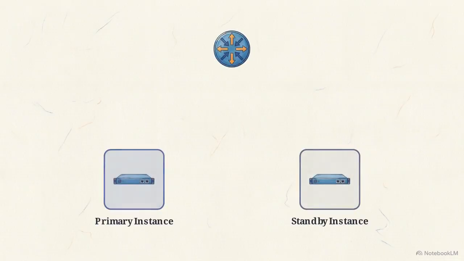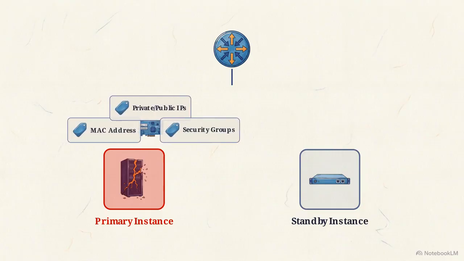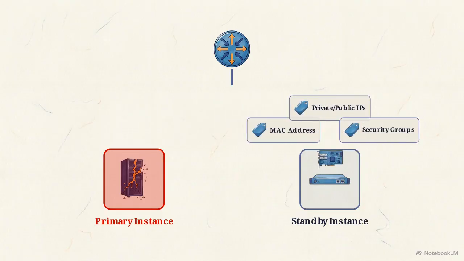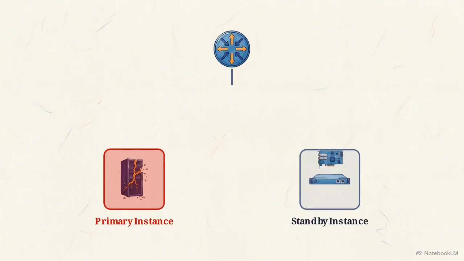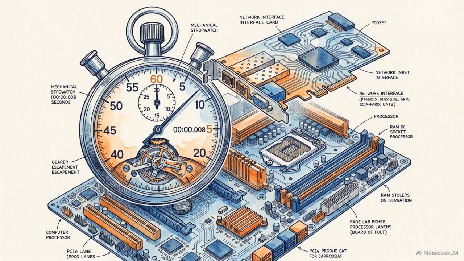If a primary instance suffers a kernel panic or hardware crash, an automated script can detach the ENI from the failing hardware and instantly attach it to a standby instance. Because the MAC address, IPs, and security rules travel with the ENI, the standby node adopts the exact network identity of the crashed instance, immediately routing incoming traffic without waiting for external DNS changes to propagate. Separating the logical network interface from the physical motherboard provides a hypervisor-level failover mechanism that operates in fractions of a